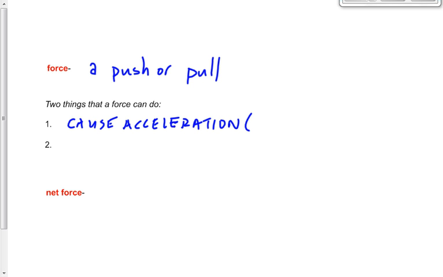It can cause it to speed up. It can cause it to slow down. It can cause it to start. It can cause it to stop. Or it can cause it to change direction. All of those things fit within,